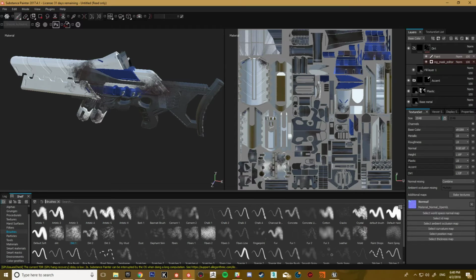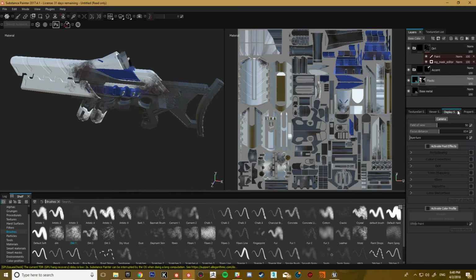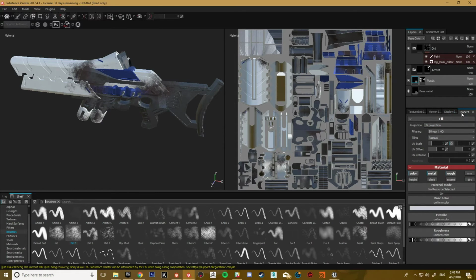So past this point, we now need to tell Substance per layer, which is where folders come in pretty handy. We need to tell it that, you know, these are the areas that I want separate. So in the plastic layer we will add in the layer properties, we've got the plastic, or plasti as I've called it there by mistake, and we want that to be white, so just leave it by default.